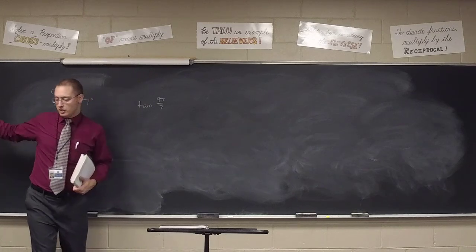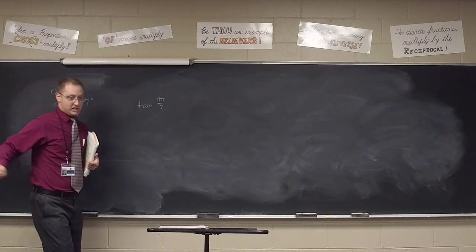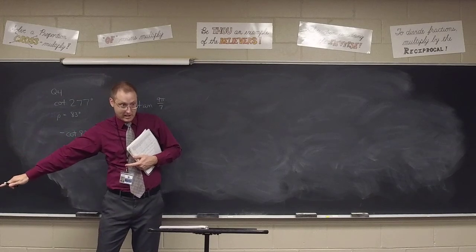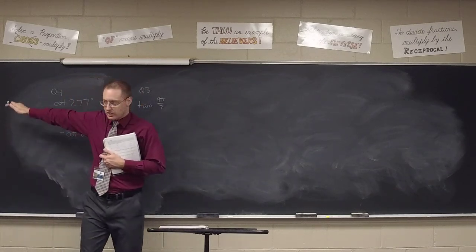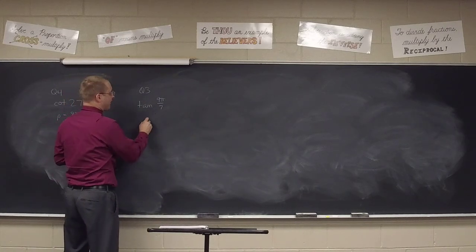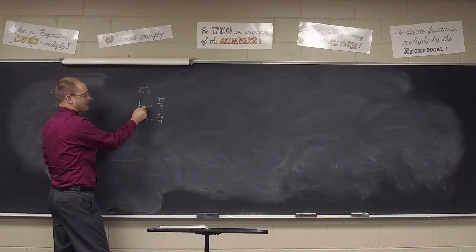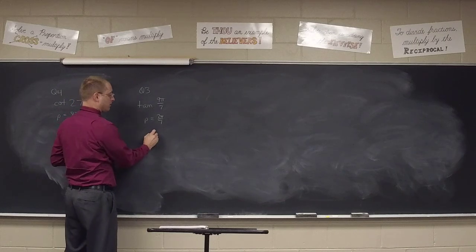It's beyond the 180, right? This is 7 pi over 7 here. It's beyond, that's at 9/7, right? So it is quadrant 3. How far beyond 7/7 is 9/7? 2/7, right? So the reference angle is 2/7 pi, or 2 pi over 7. And in quadrant 3, ASTC class, tangent is positive. So my answer,